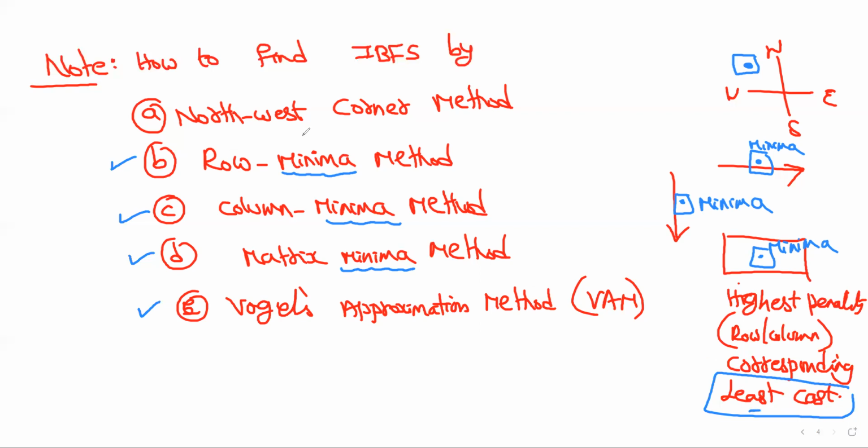But except northwest corner method. In northwest corner method, roughly we are following blindly. We go to the northwest corner element, simply identify it and allocate it. We're not giving any preference here. We're not trying for a minimum. In the northwest corner method, we simply see the element in the northwest position. That's all.